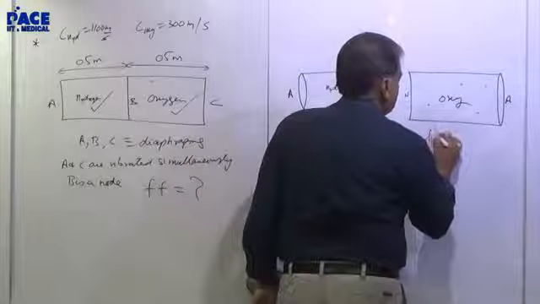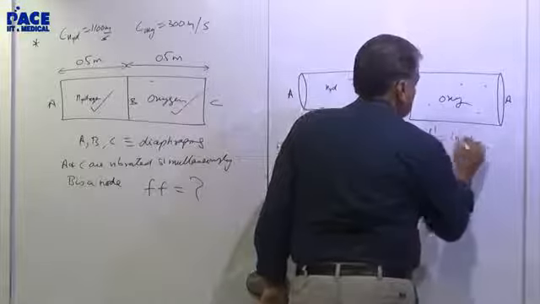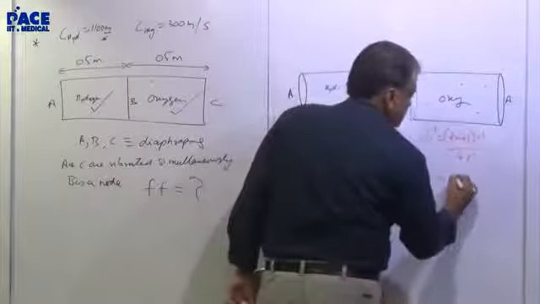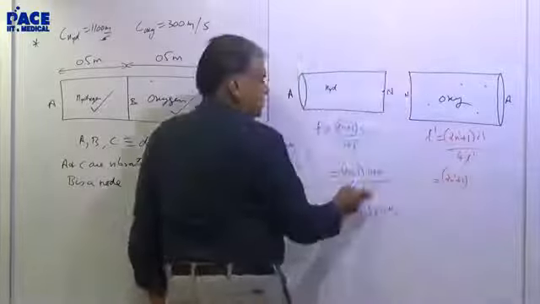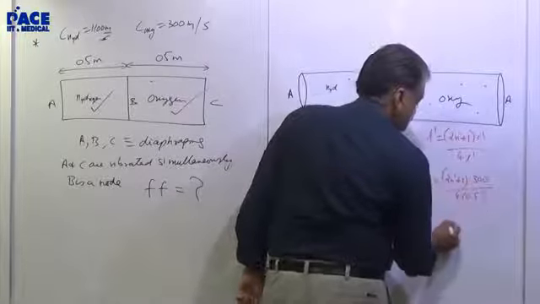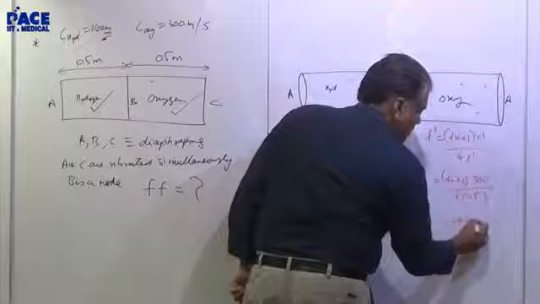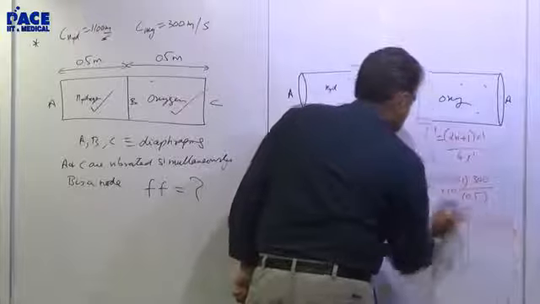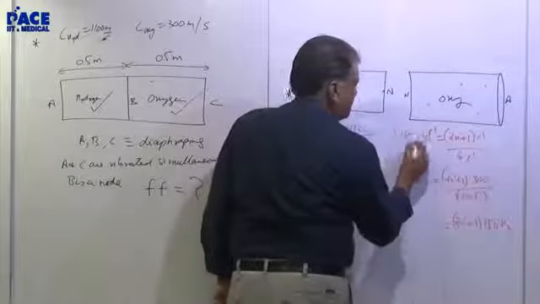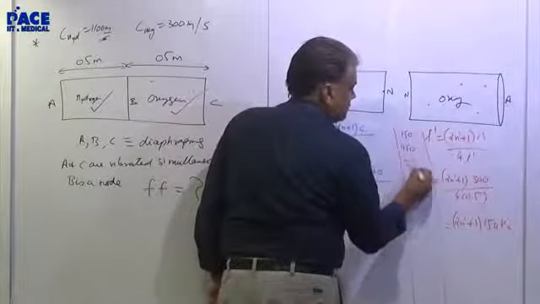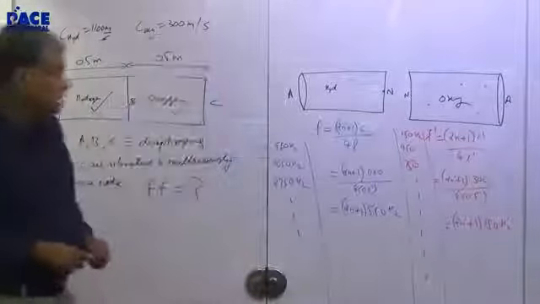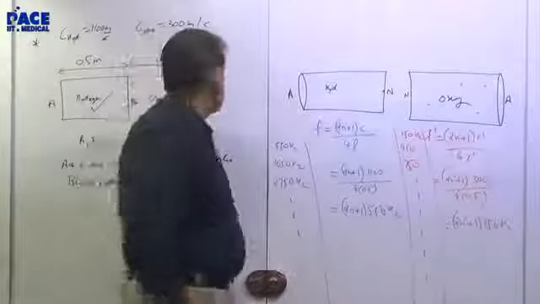The frequency here will be, I'm just putting a dash so that you know we are talking about it differently. So it is the odd multiple of what? Same thing, 4 into 0.5 and this is 300. So that makes it odd multiple of 150. So what kind of frequencies can the oxygen have? 150, 450, 750, etc.